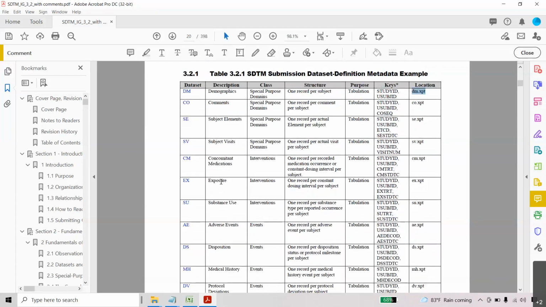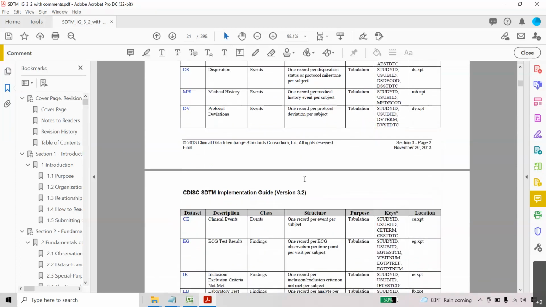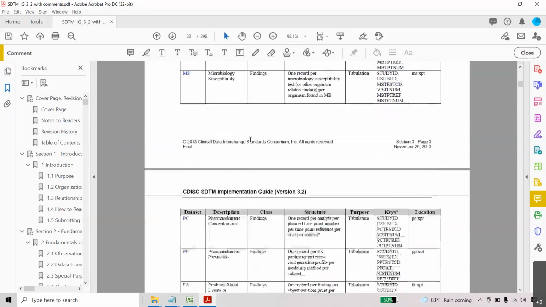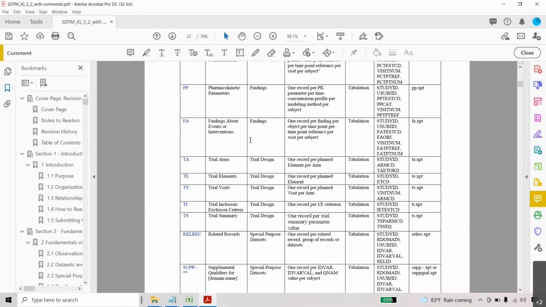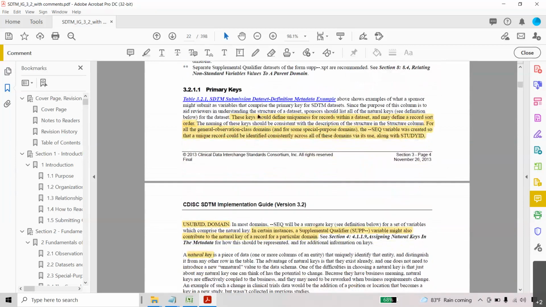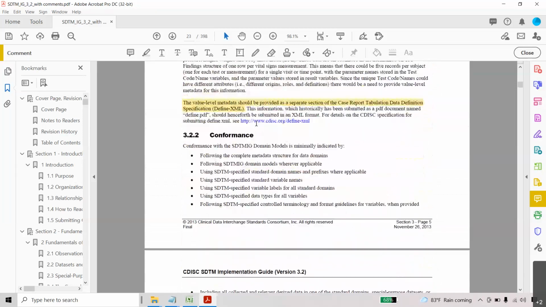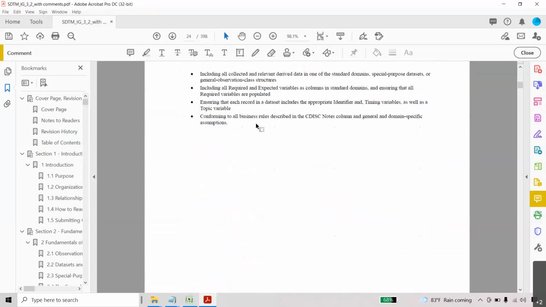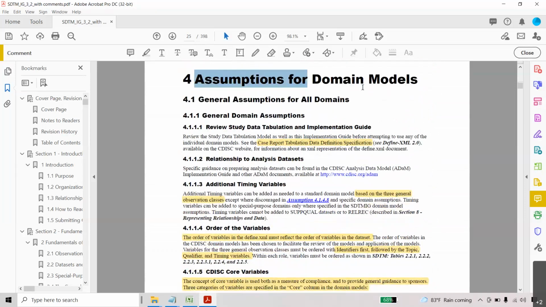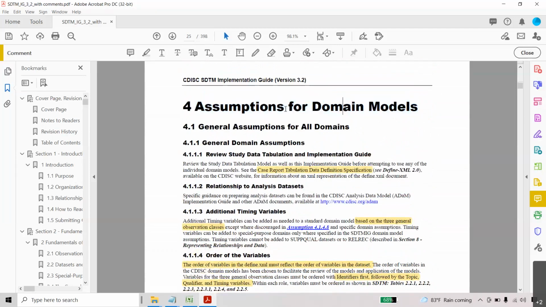For all the domains, they gave very detailed information. When we discuss the individual domains, we will discuss it. This is the 2021 version. On page number 14, it gave the high-level classification. Here they gave other domains. Next, I am going to some other pages. So this is the assumptions page. I came here. On the assumptions, we will discuss in the next class.